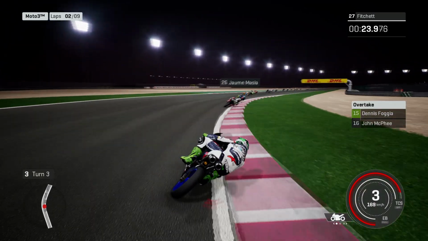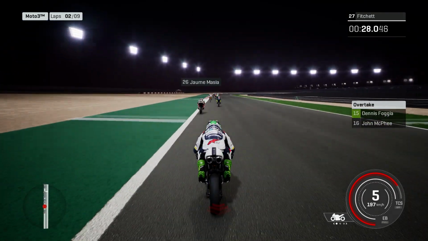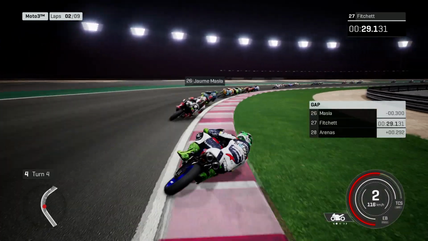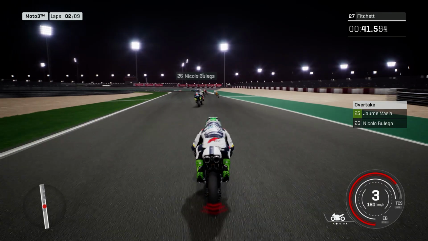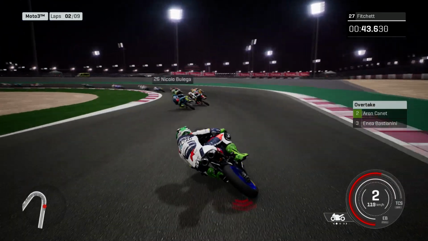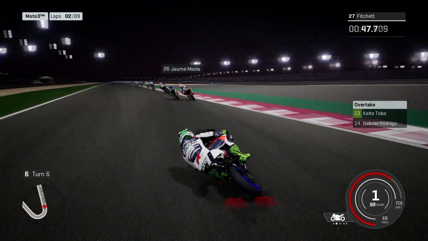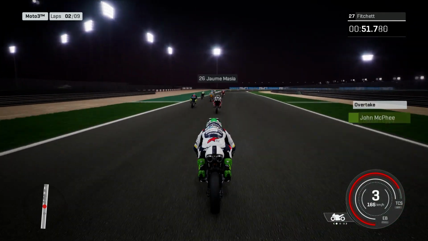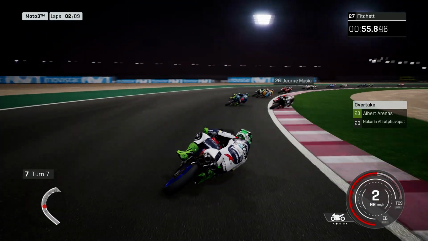Jaume Massier up next. We head through turn number 3. Not the best run through there, and I don't think we're quite close enough to send one at turn number 4. We've just got to be patient for now. Oh, Jaume Massier is looking up the inside of Bulliger, forcing Bulliger very, very wide, but we are not quite close enough to capitalize from that as Bulliger goes back up the inside of Jaume Massier, and they are still going side by side. So much squabbling this far back in the pack on lap number 2